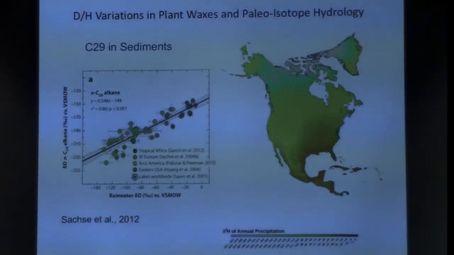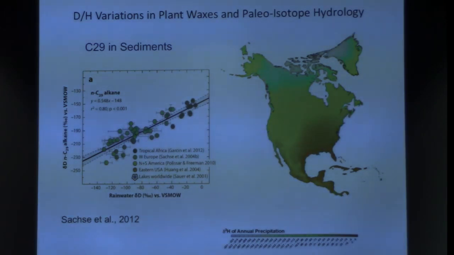The last thing I want to say is just this. This is in Dirk Sachse's paper, and people find that paper kind of confusing because there's a lot going on in it. There's a lot in it. This is a review that was published now 5 years ago on what we knew at that time about fractionation and how it gets carried into lipids as a function of environment. And if you look in that paper, a lot of the data that I showed you in that previous slide and some of our other studies in Africa and so on are captured in this data set. And what it reinforces to me is that